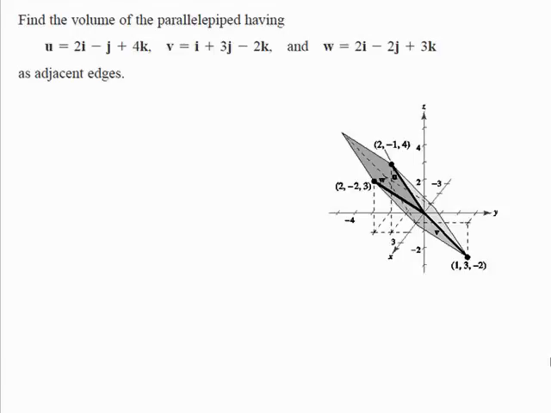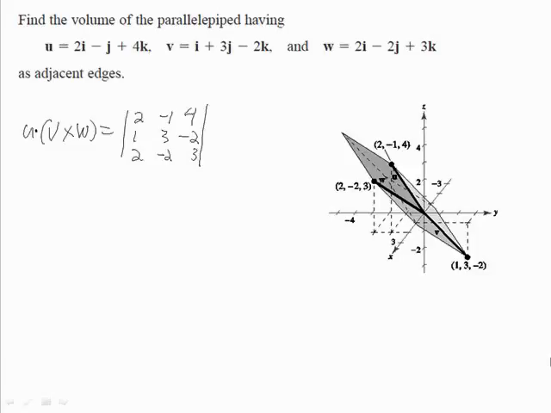The value of the triple scalar product is as follows. The dot product of u and the cross product of v and w is equal to the determinant with rows 2, negative 1, 4; 1, 3, negative 2; and 2, negative 2, 3, which is equal to the cofactor expansion 2 times the determinant of 3, negative 2, negative 2, 3,